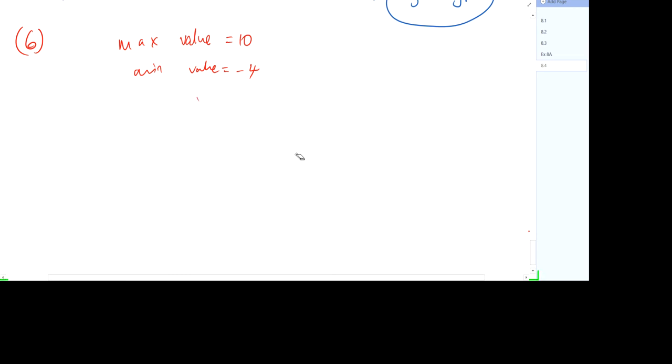Okay, let's try again. 10, -4 sine. Let's try again. 10 equals to P plus